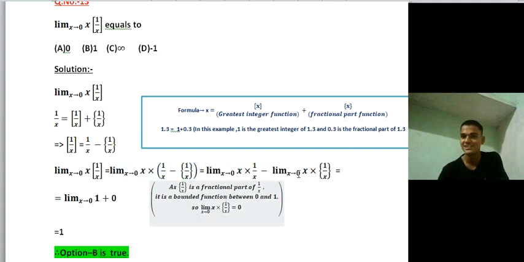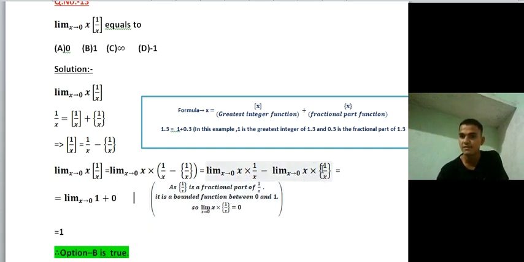So x into 1 by x is 1, and x into the fractional part of 1 by x. So limit x tends to 0, 1, because x cancels, so this is 1, and the limit of this will be